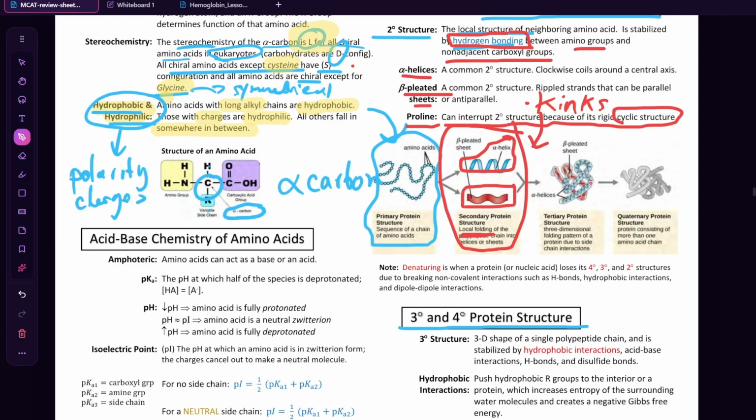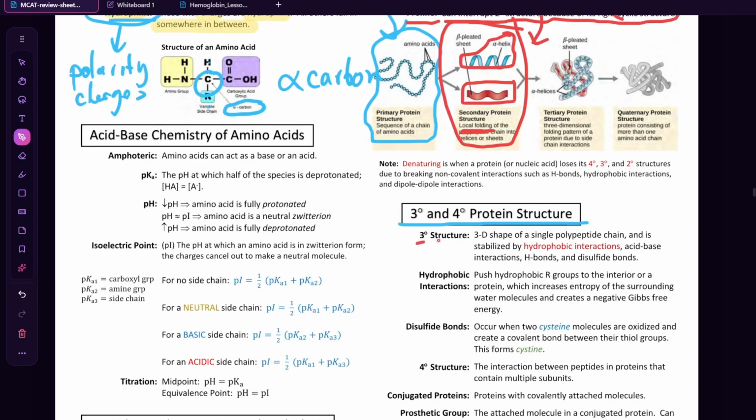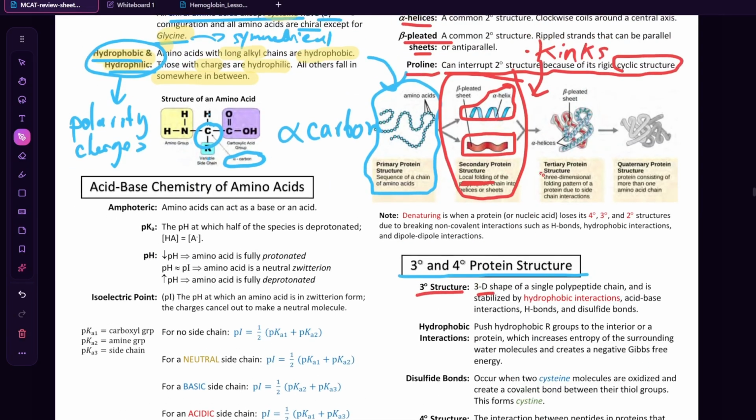So it's disrupting that structure. And then tertiary is over here, and it's a 3D shape. Now it's a 3D shape, right? So we're getting to a 3D shape. We have a single polypeptide chain, so multiple peptides together, and it's stabilized by hydrophobic interactions, acid-base interactions, H bonds, and disulfide bonds. So you have to know what is helping to connect this tertiary protein structure,